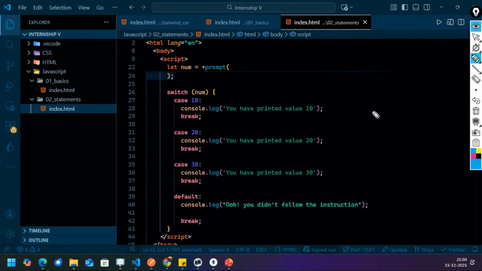What does the ternary operator do? Nothing. It is a short form of the if-else statement. Okay, ternary operator. Fine. It is a short form of the if-else statement. So the ternary operator, okay, you can write